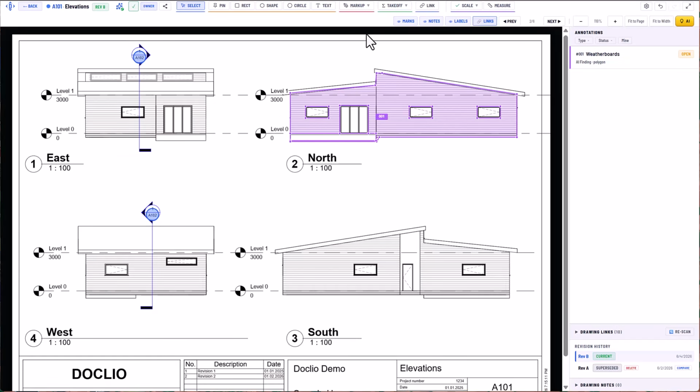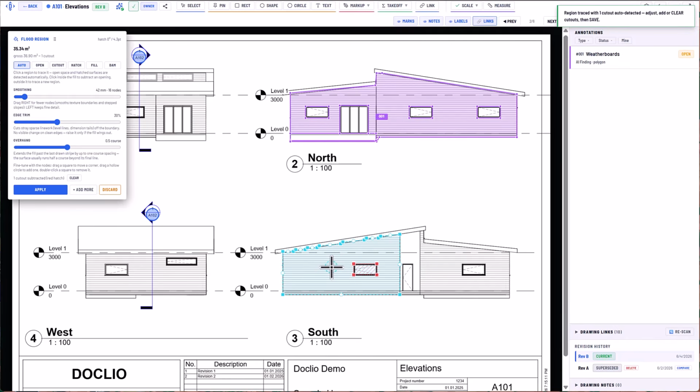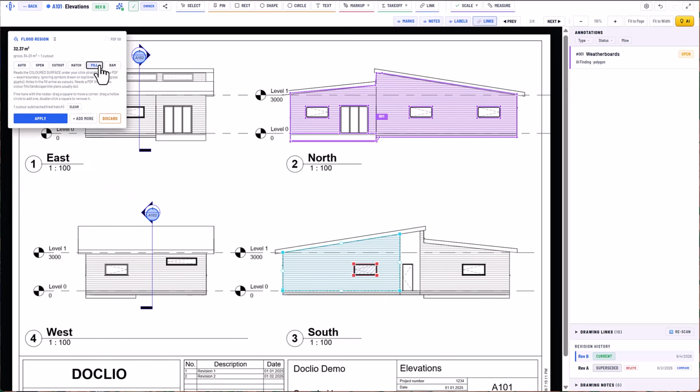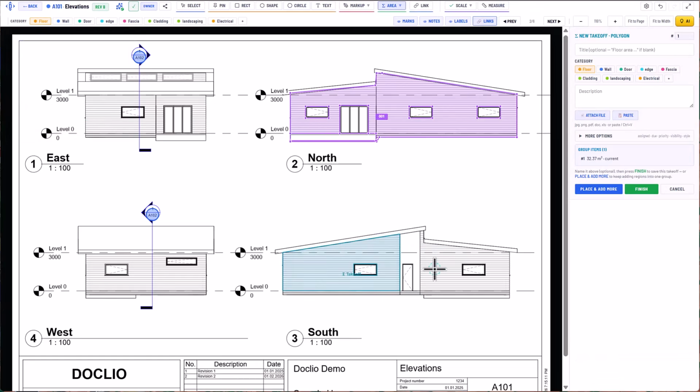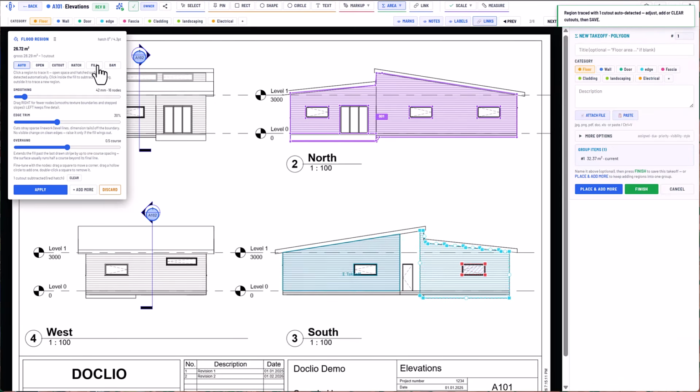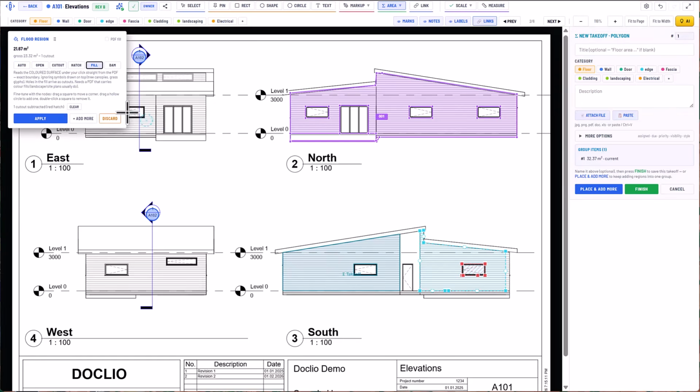Let's close that. The other tool we've got is the flood tool. We can just select on a section that we want to color. Again, it's found the outlines there. It's got a few extra nodes in the diagonal here, so if we wanted to, we could try some different options there to clean that up. We can then go around and select another section there. If we're happy with that, we can apply that,